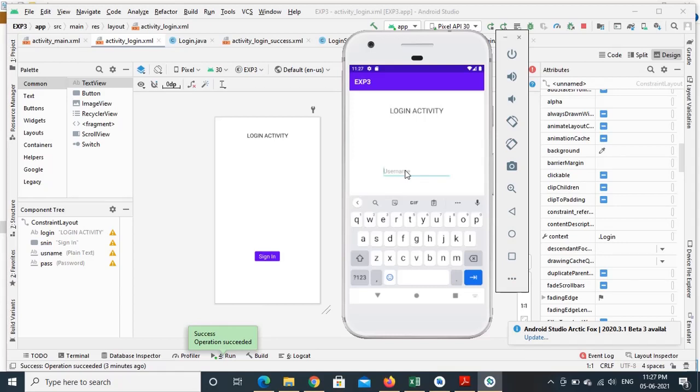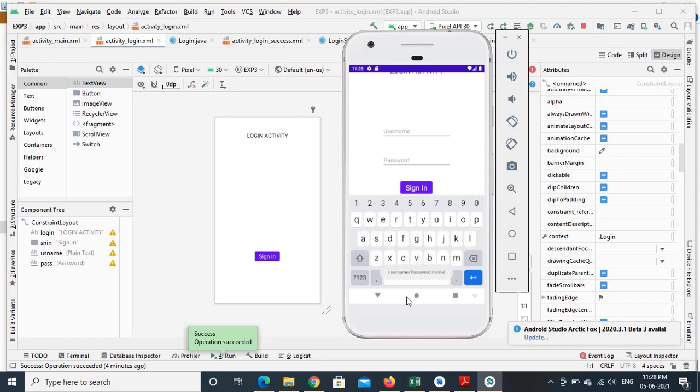Now we will see if I give a wrong password or username, how exactly the application works. I give username as username and ABC as my password. If I click on the sign in button, it gives a toast message that username or password is invalid.